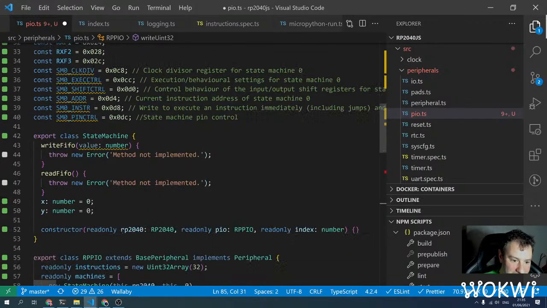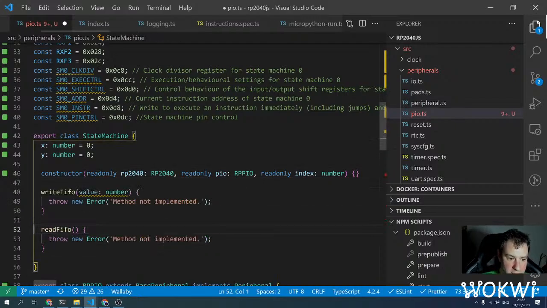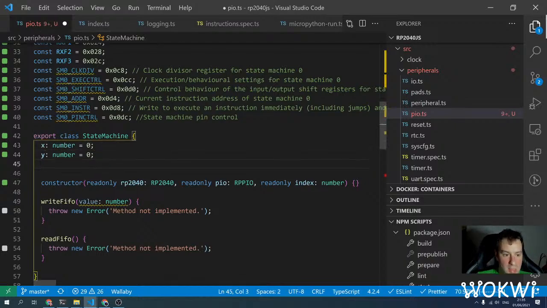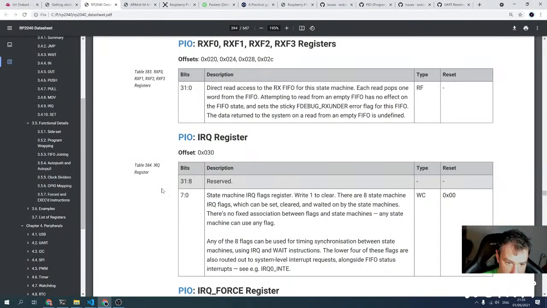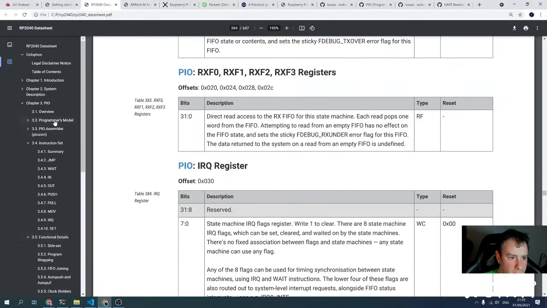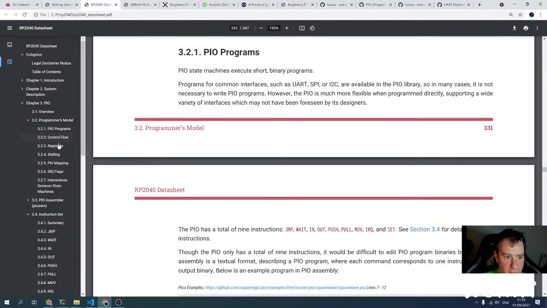And luckily, we already have a FIFO implementation because we created it in the last spontaneous stream for the UART RX. So let's make those private, or maybe not, so we can debug them. Read only RX FIFO is just a new FIFO. And I think that the size of the FIFO is 4, if I remember correctly, but let's just make sure this FIFO